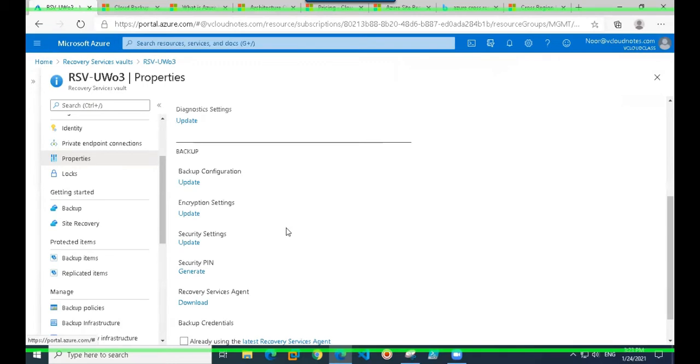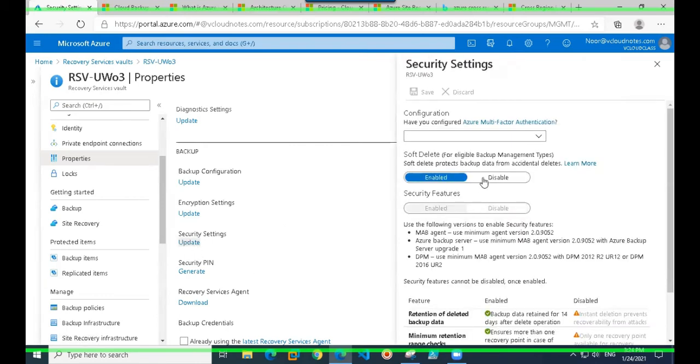Here, as we are already on this page, let me show you one more thing. Go to security settings, right? Here you can see this soft delete option. By default, you would see this soft delete option. This soft delete is nothing but an additional layer where, suppose for any reason, either by mistake or something, someone removed a backup and you want to restore it, right?